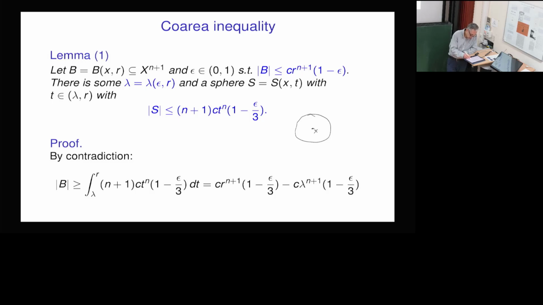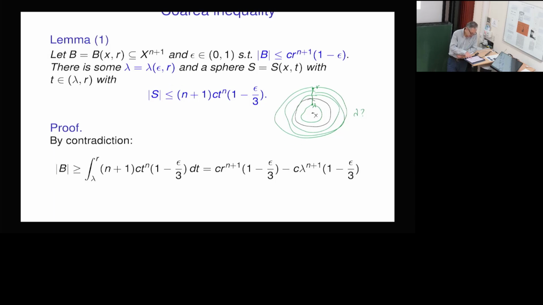And what we want to say is that if the inequality fails, right? So I have the ball and I look at the spheres in some range. I don't know yet what will be the range. This lambda is to be determined, but it will come out. So I want to say, oh, okay, it's not possible for all this to be big because I would have too much volume, okay? Which is reasonable. And now we just calculate by the Koire inequality. So we argue by contradiction. We assume that here we have this inequality, and then I get,